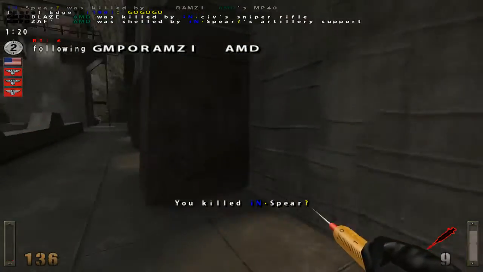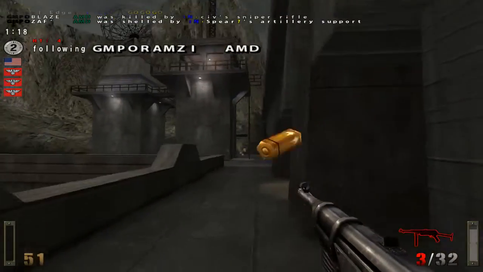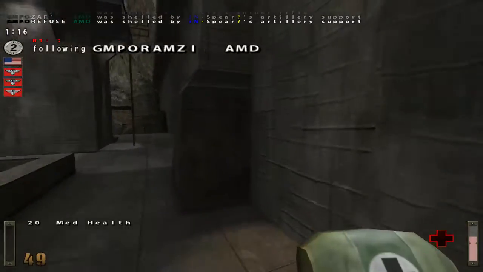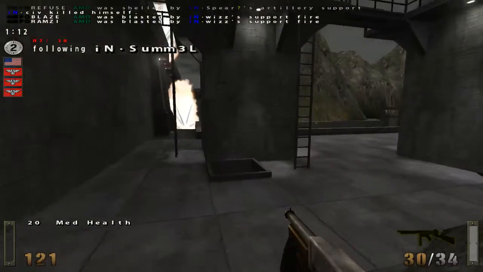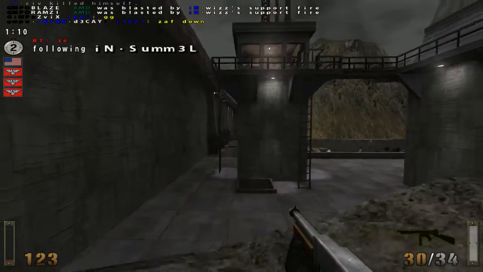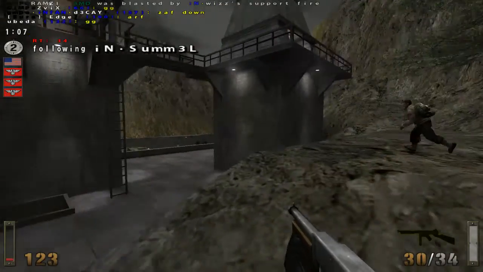And there we go. Man, Civ cleaning absolute house. What do you think, Wise? Did they stand a chance? 1:15 here on the clock. It's getting close. It's getting real close. And Blaze and Ramzi just got taken out by support fire. So,